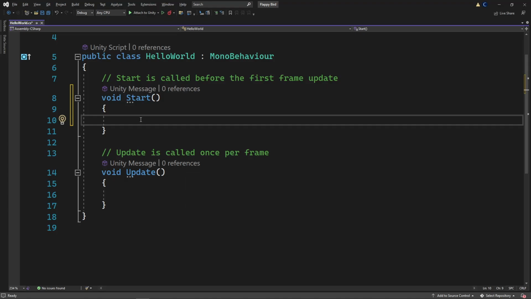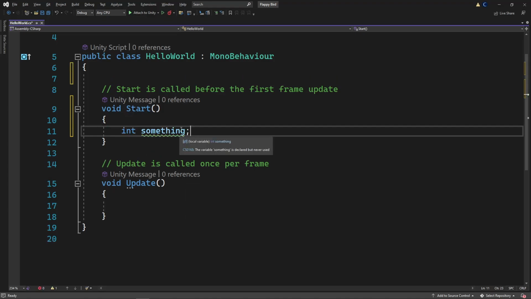And if I was to copy paste this over into start, oh my goodness. Oh, silly. If I was to put this into start, now it belongs to the start function, and the update function does not have access to it at all. So if I was to have this inside of HelloWorld, both start and update have access to it, because start is contained within HelloWorld, and update is contained within HelloWorld, and something is contained within HelloWorld, and so they all have access to each other.